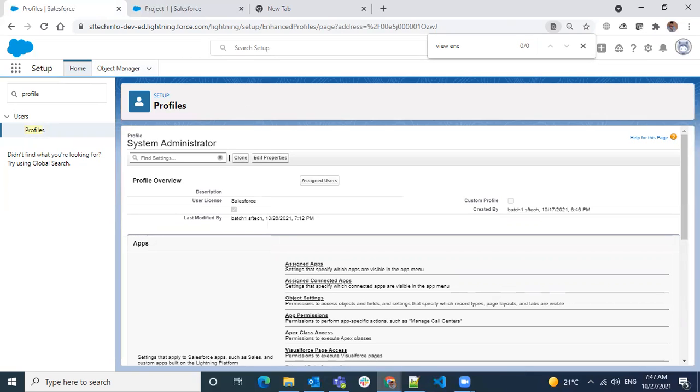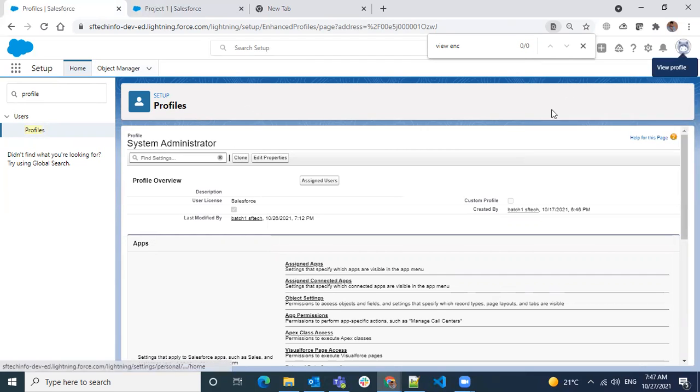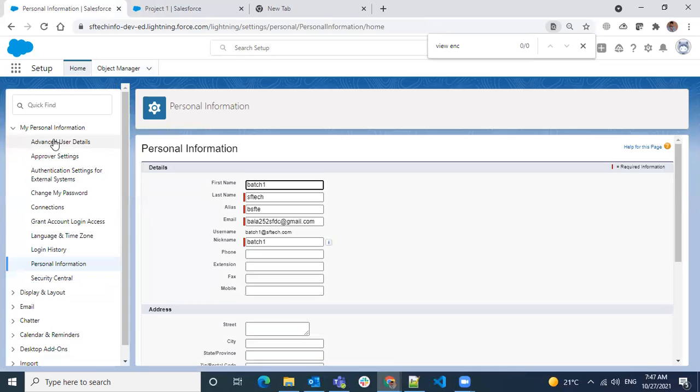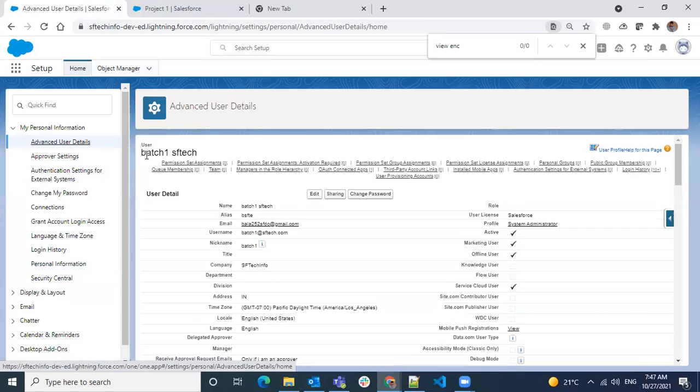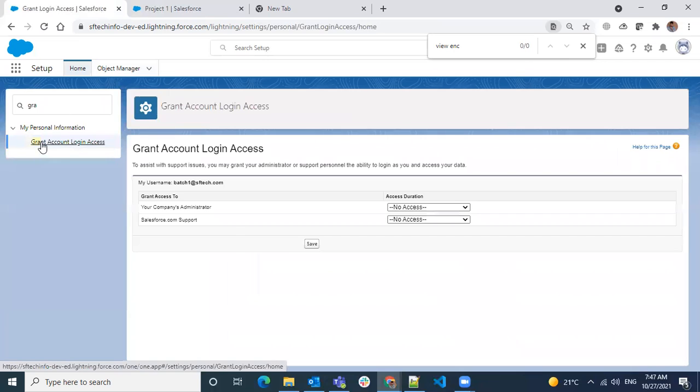So I want to explain one feature here. If you go to your profile and settings, then you have advanced user details. Grant account login access.